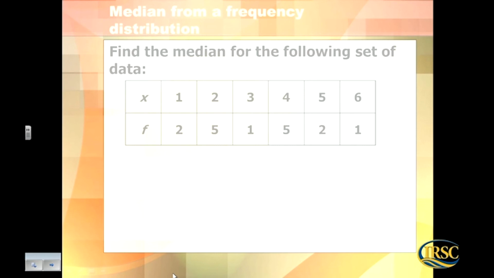So 2, 5, 1, 5, 2, 1 is what our frequencies are. If we want to find the position of the median in our frequency distribution, we take the total frequency, which is 16. We found that earlier, right? And then 16 plus 1 divided by 2. So 16 plus 1 is 17, divided by 2 is